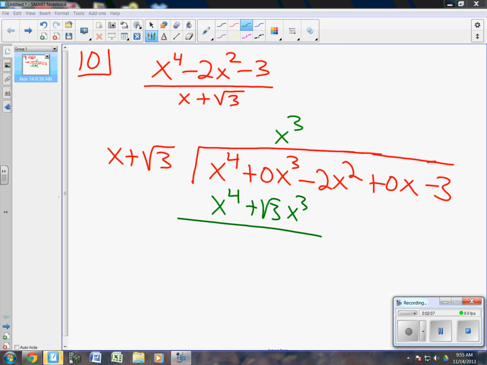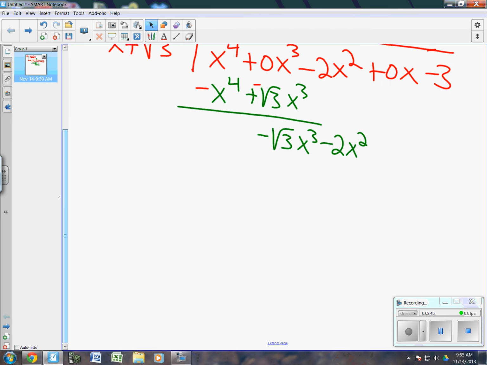Okay, so what do I do next? Okay, subtract. So I do that by changing the signs. So I'm going to change this to a negative and a negative. Okay, what does that do? Okay, the x to the 4th minus x to the 4th is 0. It should always do that every time, right? Negative root 3x cubed. Bring down the next term. Okay. All right, then